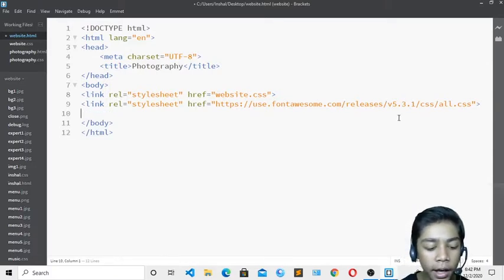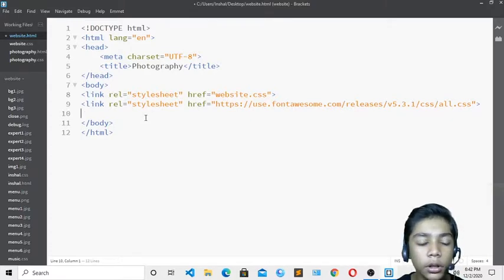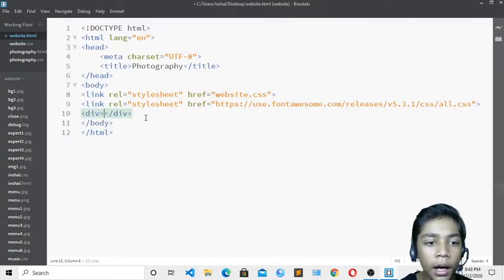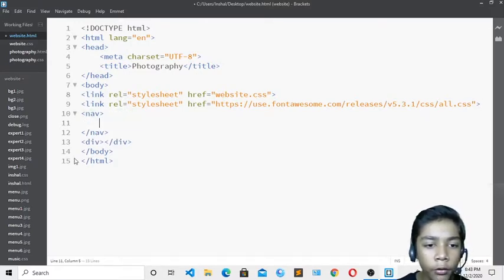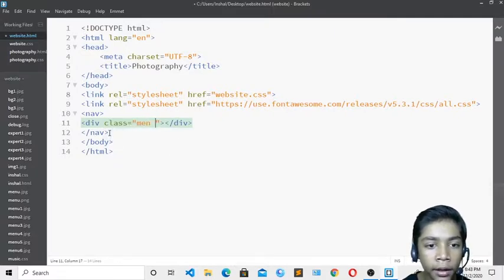Now I will make one navbar, like you all know. Our navbar will be different. Now we will not use the class of header like we used before, so we will not use it today. I will write nav, and erase this div from here. I will write nav and write a div underneath this nav, and in here I will write the class of menu, like you all know. Over here I will write ul.